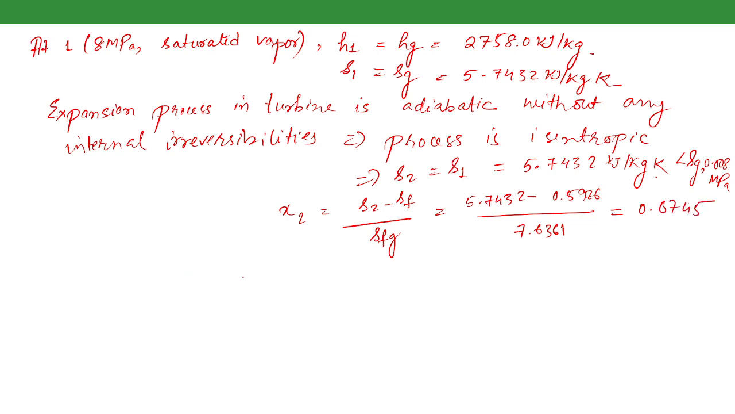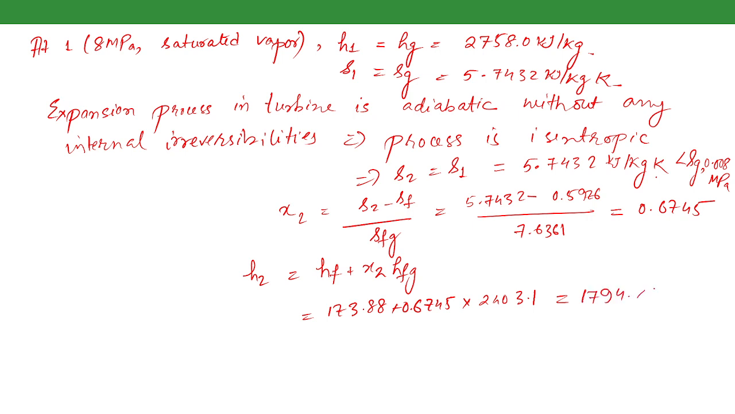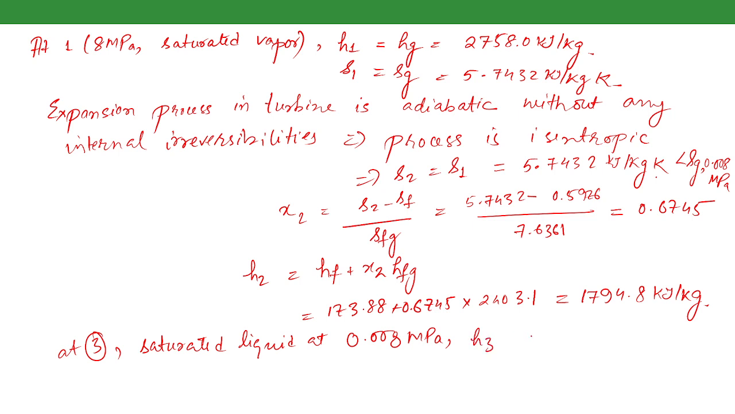Okay, so the enthalpy at this state is hf plus x2 into hfg. So 173.88 plus 0.6745 multiplied by hfg, which is 2403.1. So this comes out to be 1794.8 kilojoule per kg. Now at state point 3, there is saturated liquid at 0.008 MPa. The enthalpy equals 173.88 kilojoule per kg, and